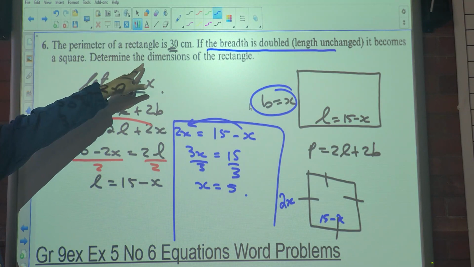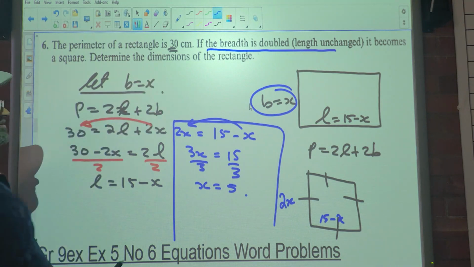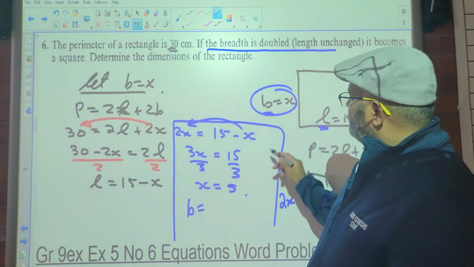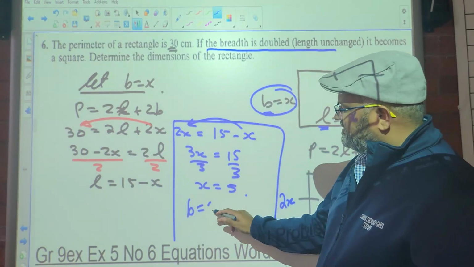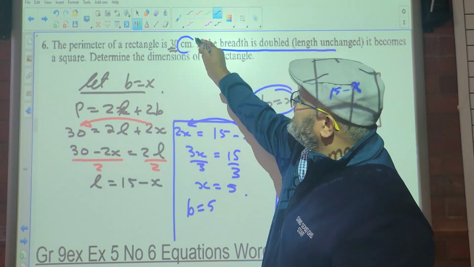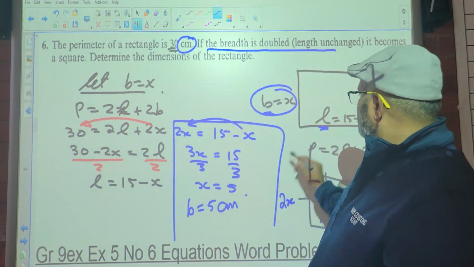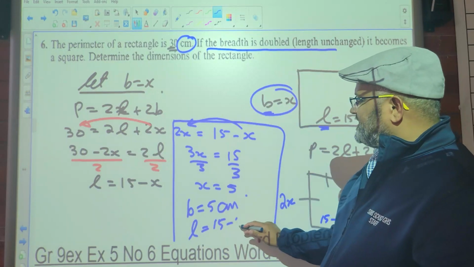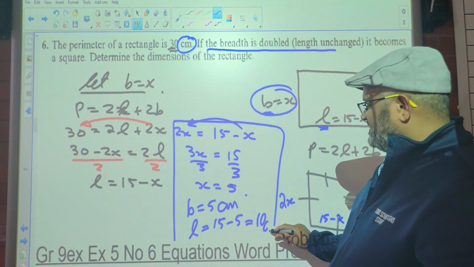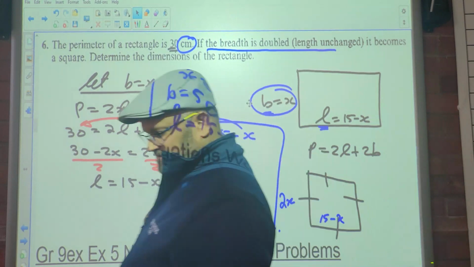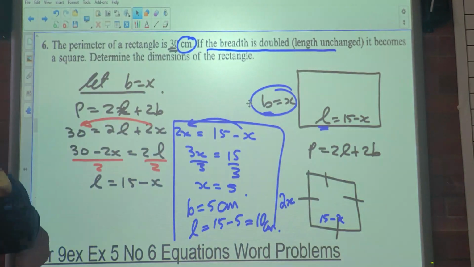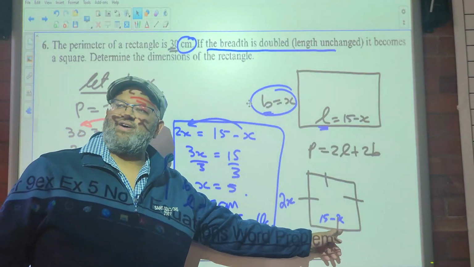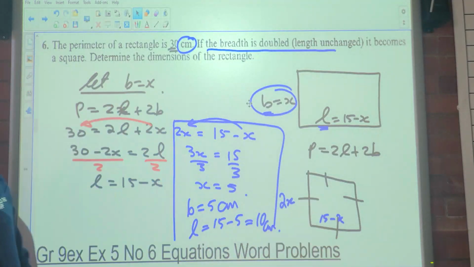The question says determine the dimensions of the rectangle. So the dimensions is the length and the breadth. So what is the breadth? X, which is 5 centimeters. Whilst the length of that rectangle is 15 minus x, which is 5, which is 10 centimeters. Yes. And then there you can see 2 times 5 is 10, and 15 minus 5 is 10, which now confirms